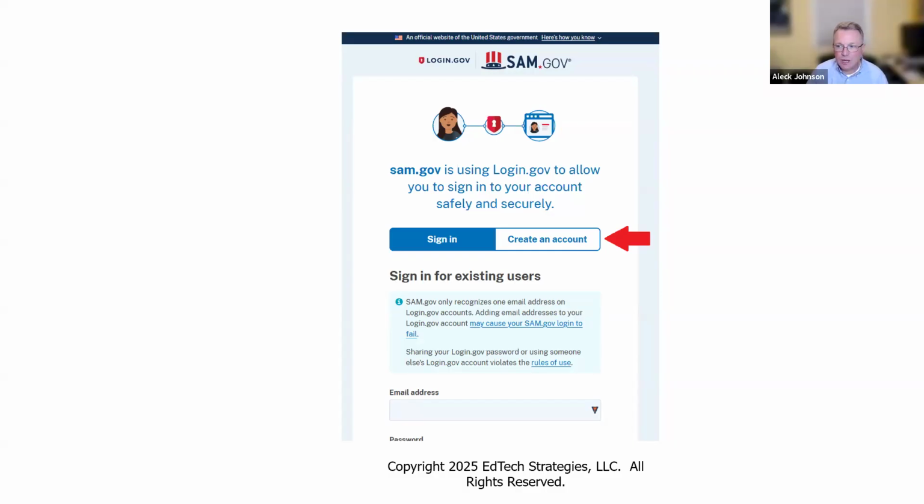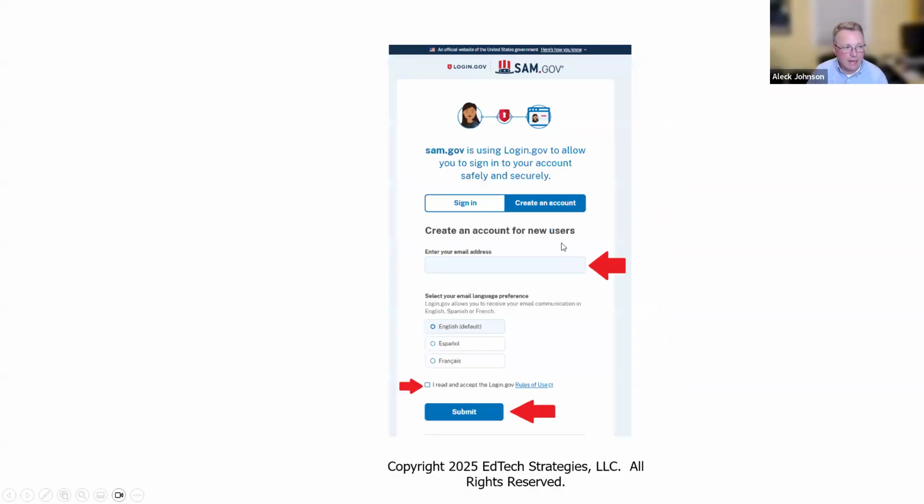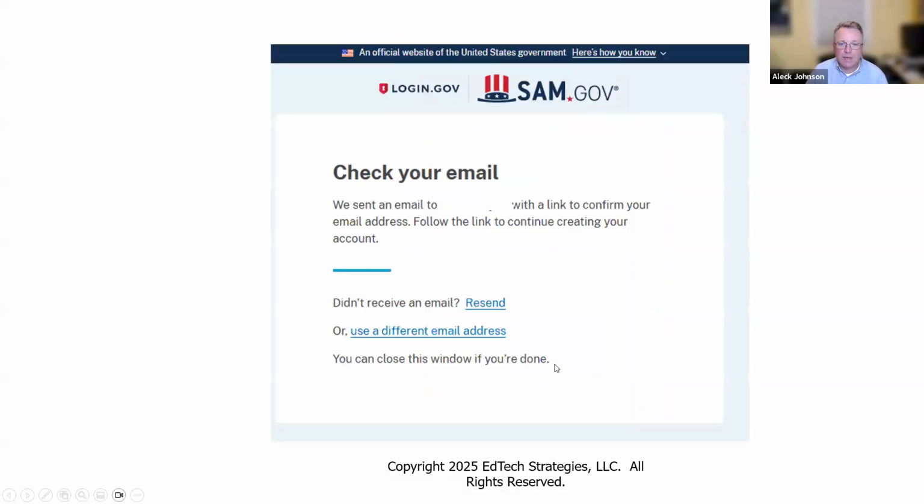For existing users, you put in your email address and your password below that, and then click sign in. If you click create an account, it'll allow you to enter your email address, and then you need to check the box to accept the rules of use and click submit. It will then send you an email with a link to confirm your email address. Once you receive that email, you can click on the link that it includes,